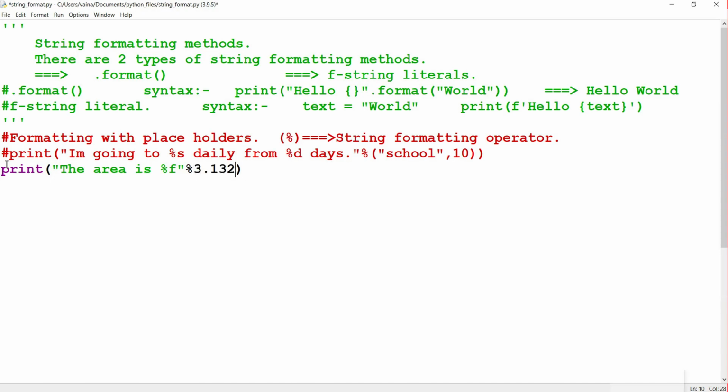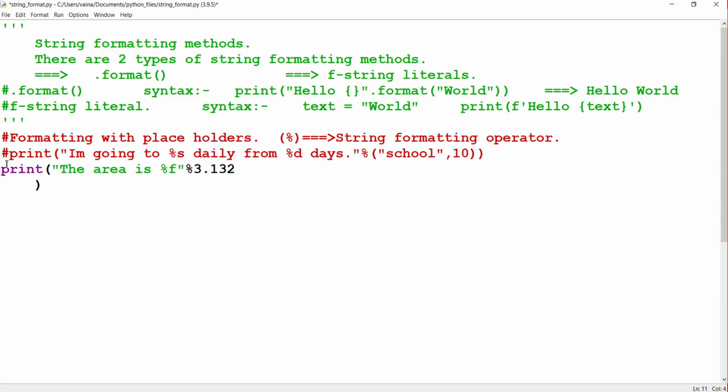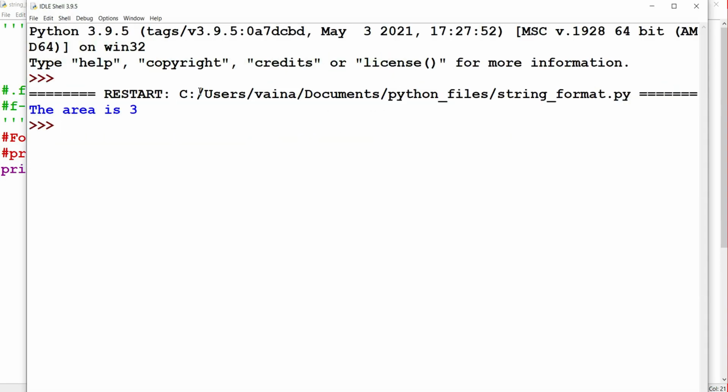When we run it, we get the output "The area is 3.132000". This is how a float is accepted in the string formatting operator. We can also limit it: if you want only the integer, we can replace f with d, so it automatically changes the float value into the integer value, like "The area is 3".